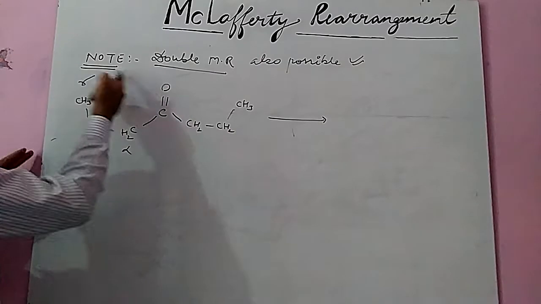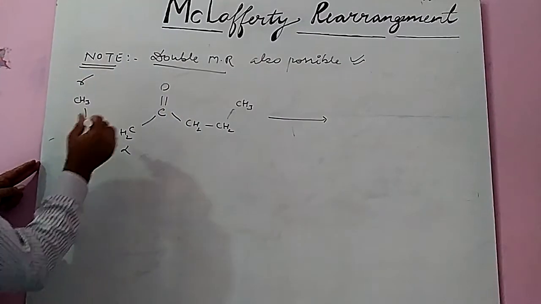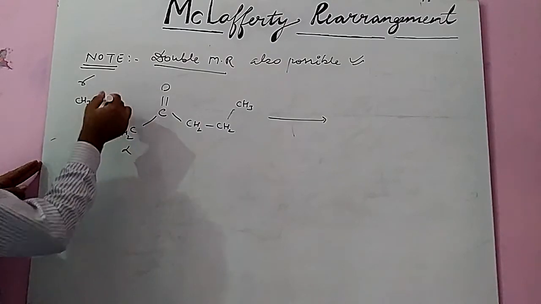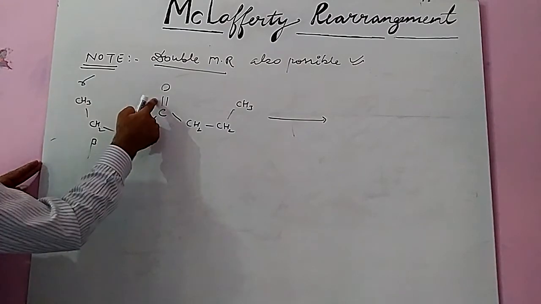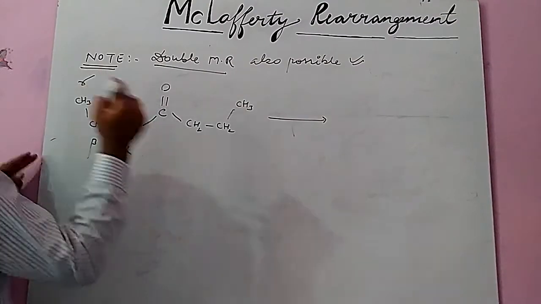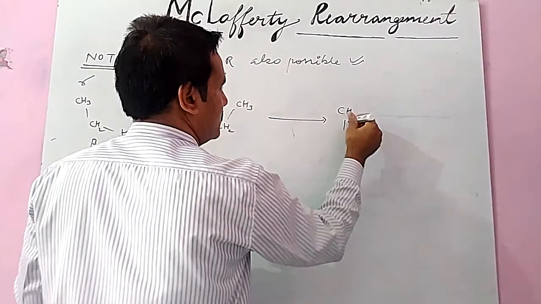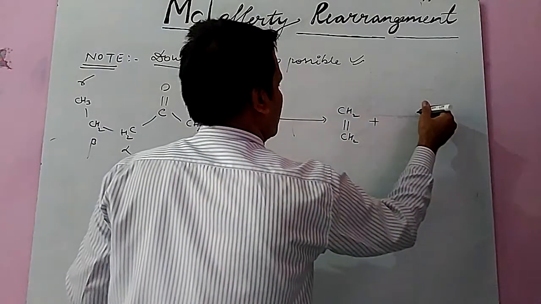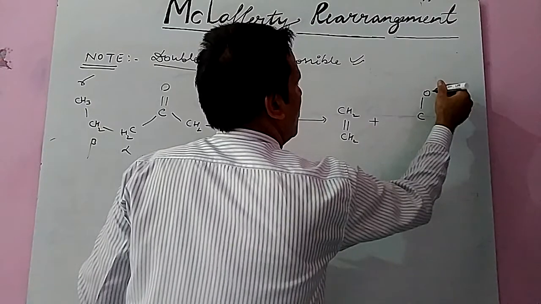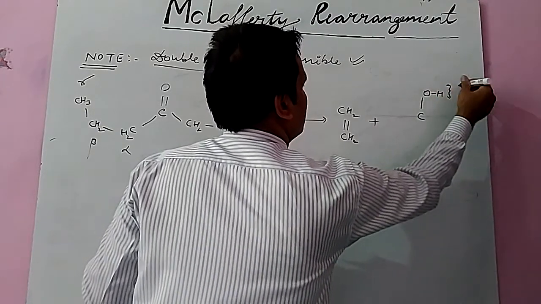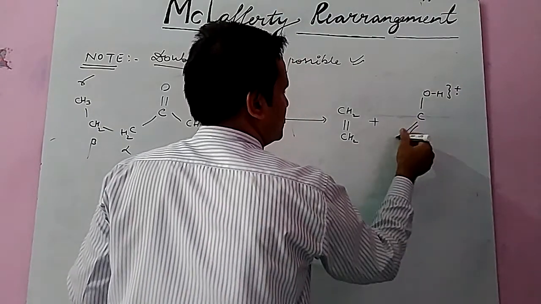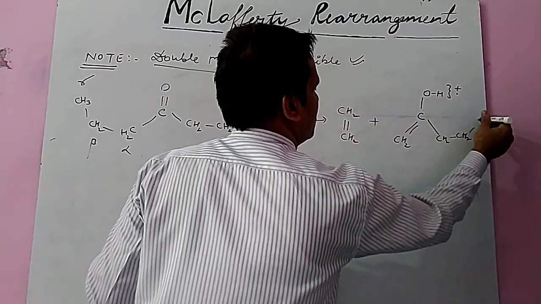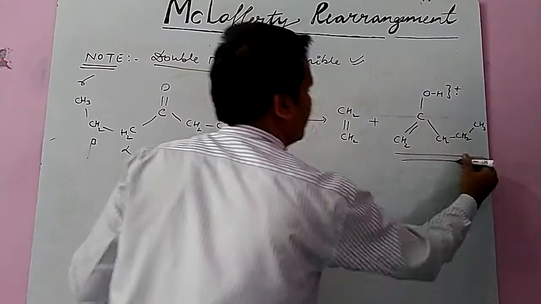Alpha, beta, gamma. First on one side. Then first on one side, what will happen? Here, this is alpha and beta. This is the cleavage. So hydrogen transfers here, gamma hydrogen migrates here. Then formation of first CH2 double bond CH2, and the remaining part is this, converted into COH, and this converted into CH2, then CH2 CH2 and CH3. This is the first product.